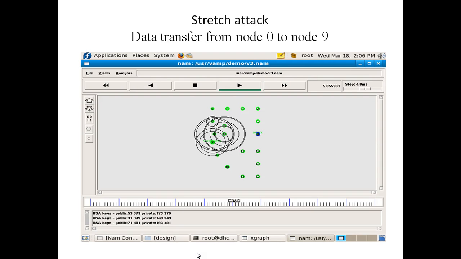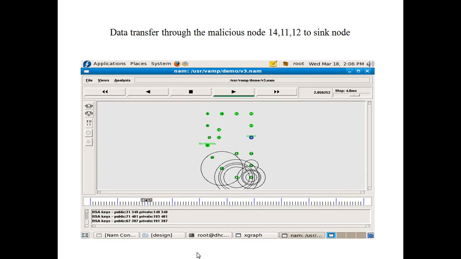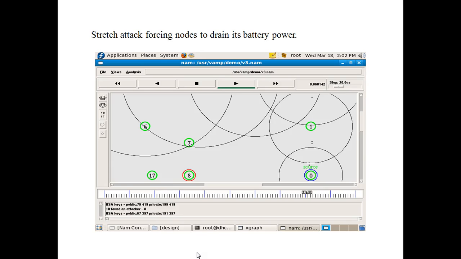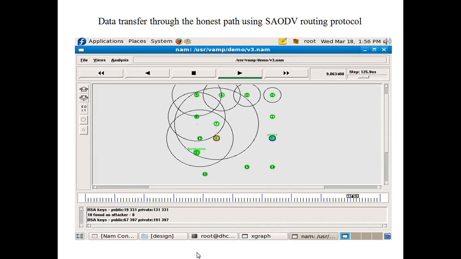And this is the snapshot for the stretch attack. First, a packet is transferred normally from source to destination, created using many sensor nodes. This shows the malicious path, which clearly shows it increases the number of nodes the packet visits in the network. And here also node 8 is identified as an attacker node. After identifying the attacker node,